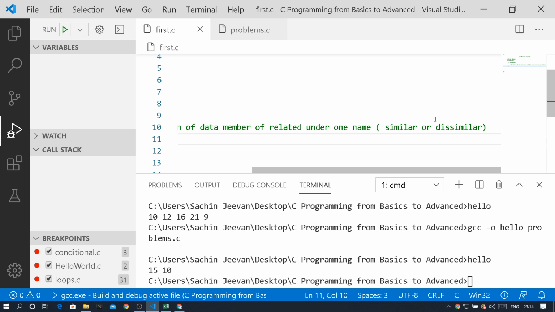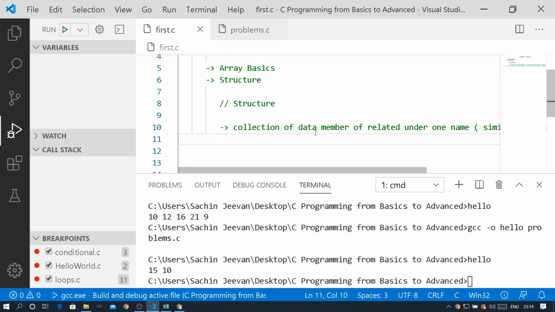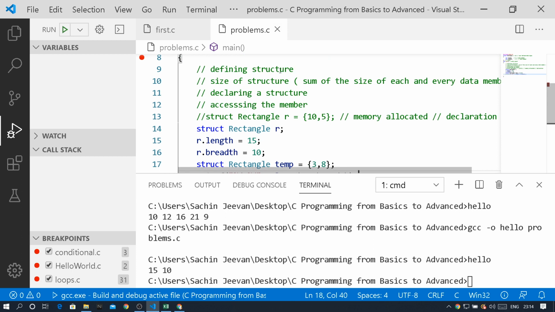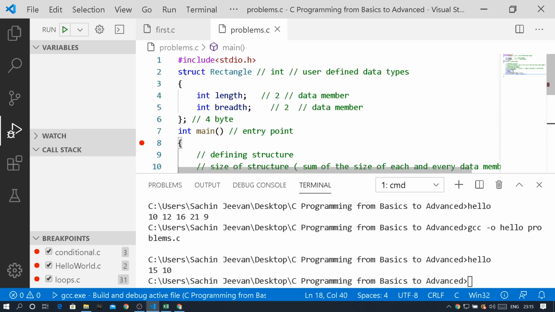But if the data are related to one entity, then that can be taken as a structure. Then followed by that, we have seen 4 things: defining a structure, size of a structure, declaring a structure, and accessing the member. How to define a structure? You mention the keyword struct,